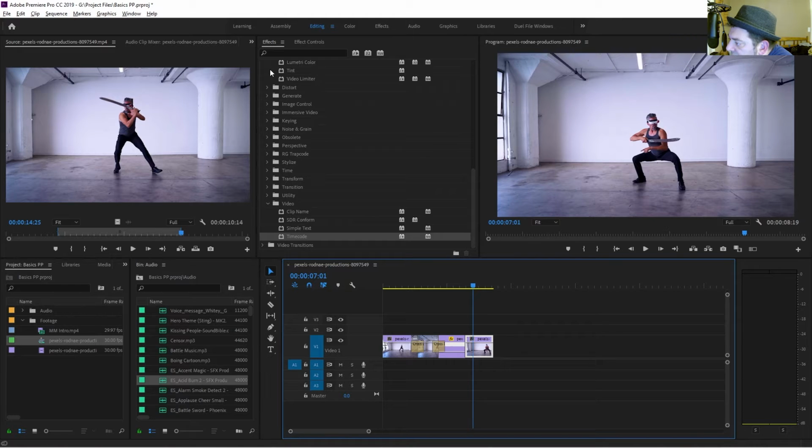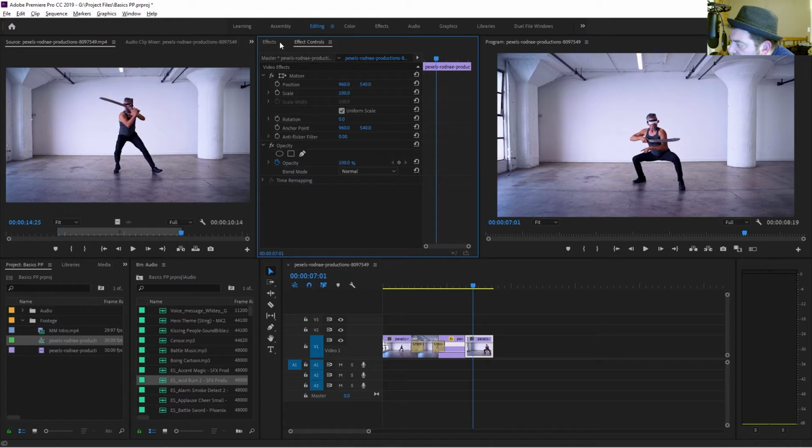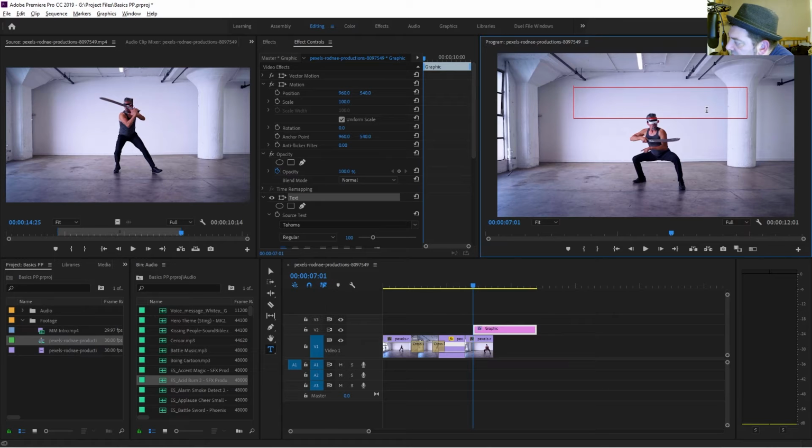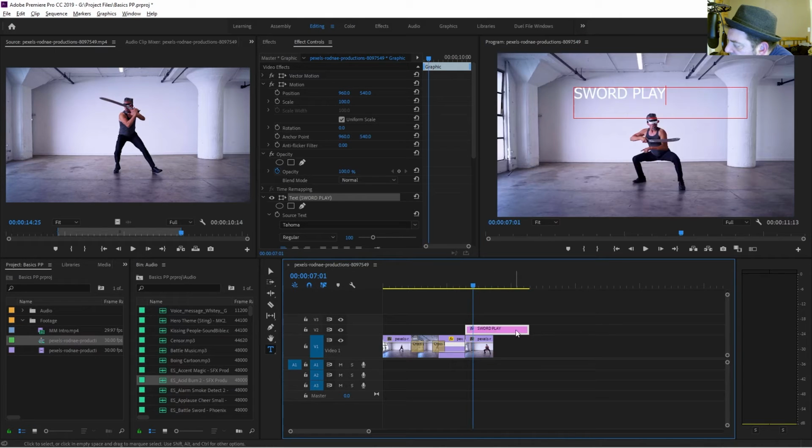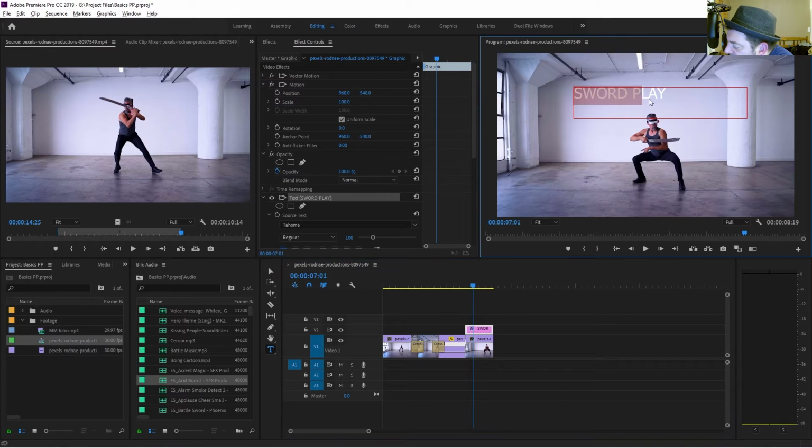Next thing we're going to look at is this little guy, text. So you can add a text layer. Just hit T, drag a nice little box there, type in whatever you've got to type in. We'll call this guy sword play. Move it over, trim it down, and highlight it, and then come over here to the effects controls,